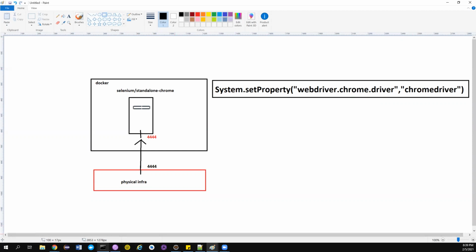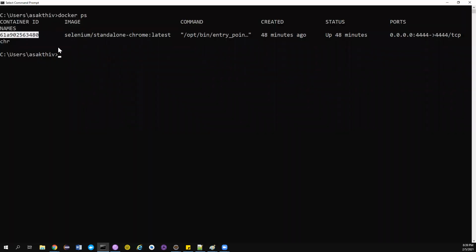Now we want to get into that particular container, so let's do that. For that you need to use docker exec. This command will help you attach yourself to the container. You need to type one more option, hyphen ti. The t indicates that you want to see the output from that particular command prompt, and i indicates that you want to enter some input to that command prompt in the container.